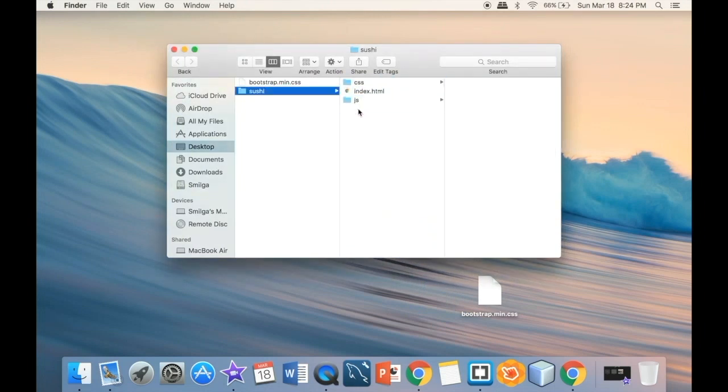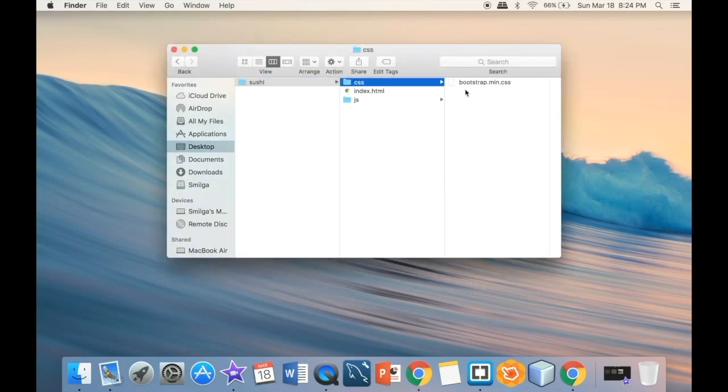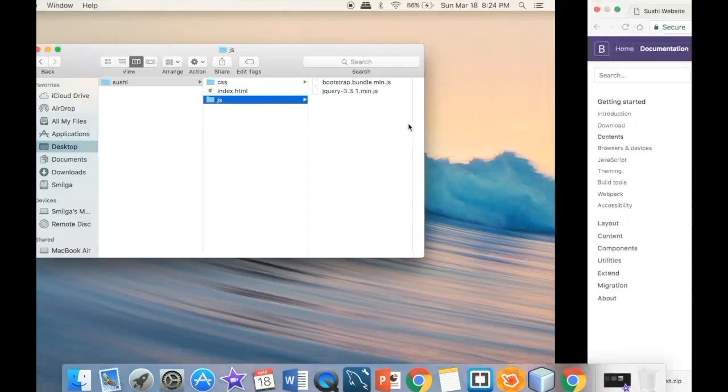Let me grab it over here. So now my Bootstrap JS is sitting in my JS folder, and I'm going to grab the min CSS over here, and we're just going to get it into a CSS folder. So once we have the Bootstrap min and JS and the jQuery over here,